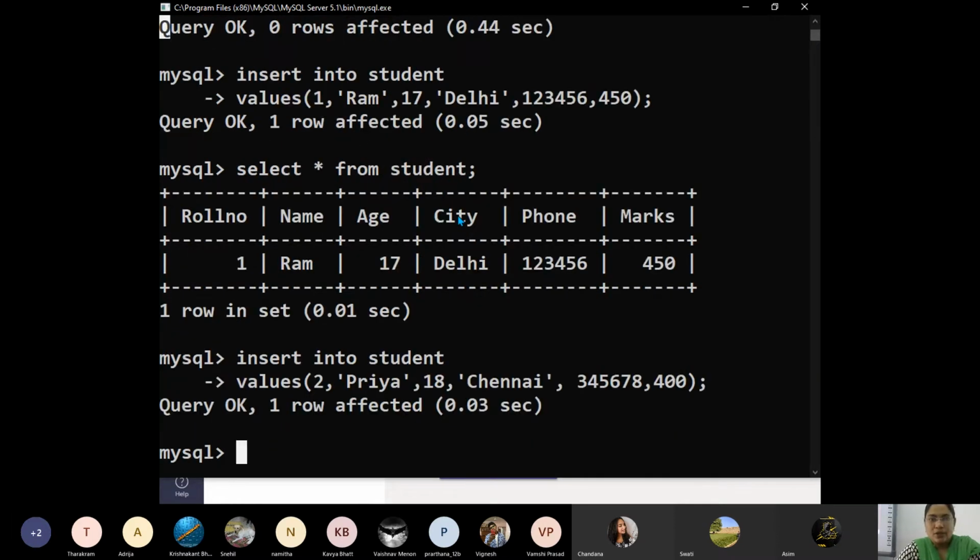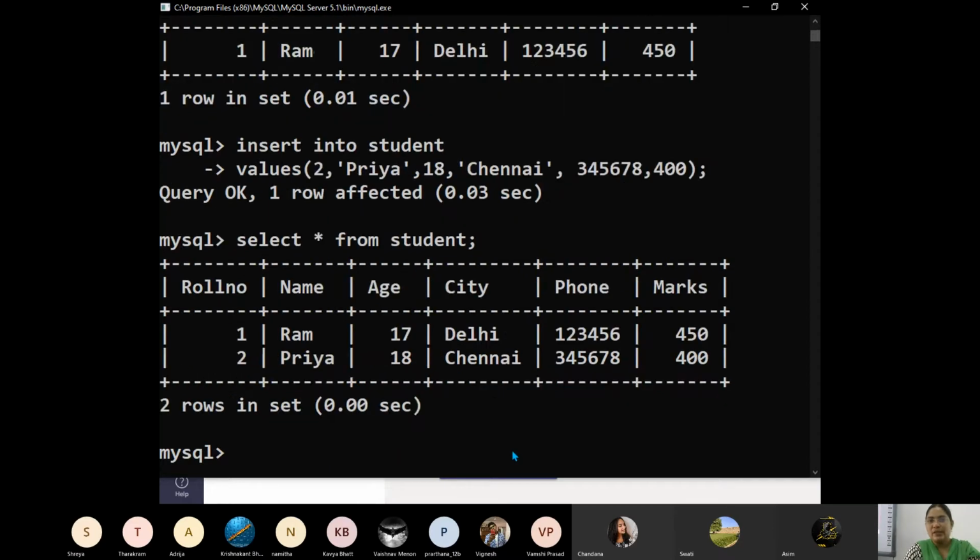Clear? So now, if you look into the table, how do we see the content of the table? Select star. That means everything, all the rows and columns. There is no constraint from student. So here select star is all columns from student. If there is a where class, then there is a restriction on rows. So there is no restriction on rows also. Now you can see both are successful.